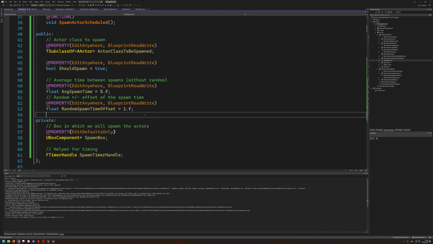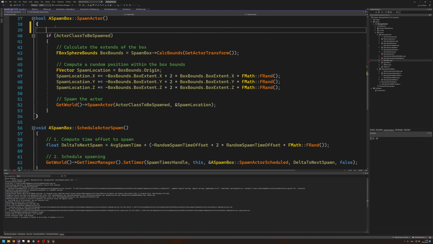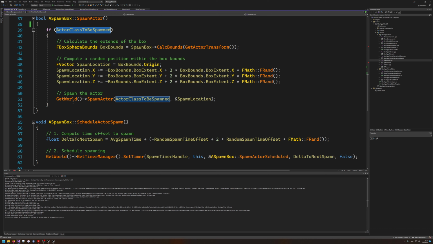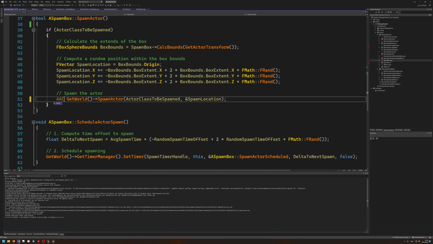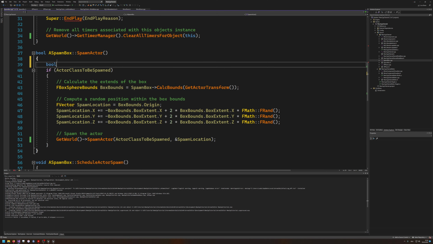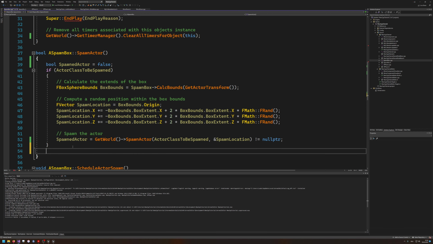Yeah, that is unfortunate. I forgot about that. So basically what we want here is to check if the actor class to be spawned is valid. Is this actually returning something? Yeah, it's returning an AActor pointer. Actually, we're going to do this differently. First of all, let's create a bool and call this bSpawnedActor, which is going to be false initially, and we're going to assign SpawnActor to the result of that, and if this is not equal to nullptr, then as soon as it is not null, SpawnedActor is going to be true, and we can return